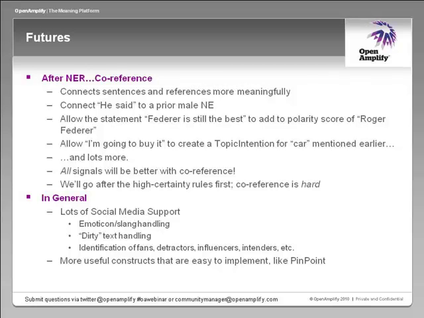Also, the identification of fans, detractors, influencers, intenders, etc. These are the types of information that especially folks operating in social media find particularly important and useful to know. Those of you who've been down deep in the documentation on 2.0 may see that under the scoring part of the API, some of these things I've just mentioned, fans and detractors, etc., are actually now documented features. But we're not talking about them loudly because we've got a little distance to cover to get them to the level of accuracy we would like them to have. Nonetheless, they're there for you to experiment with and let us know how you work out with those.